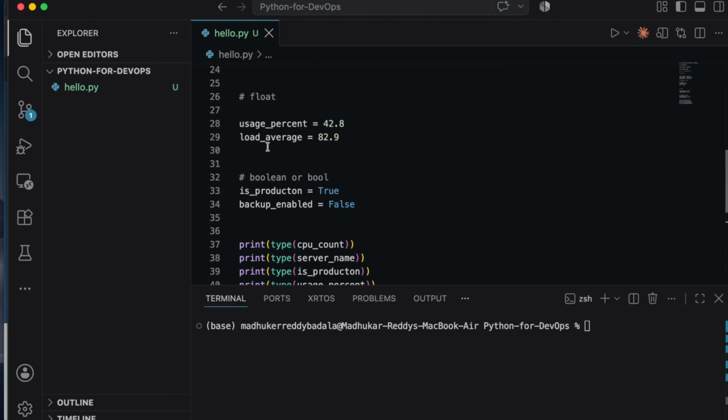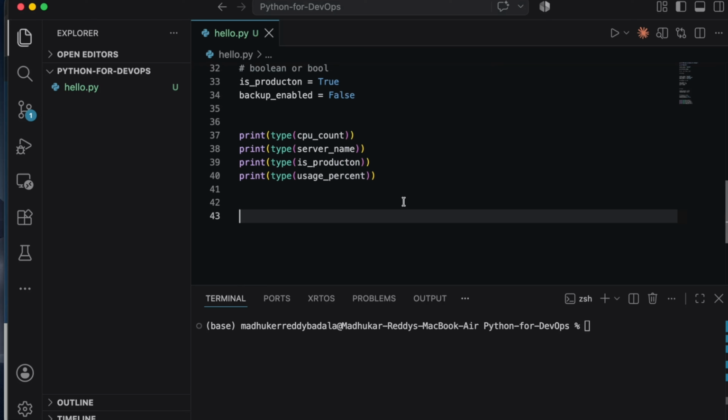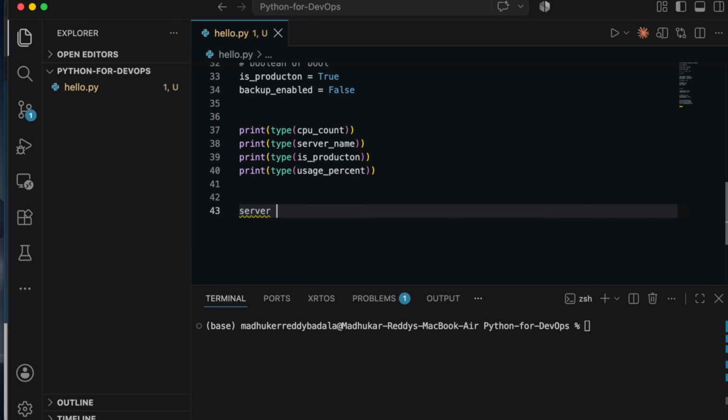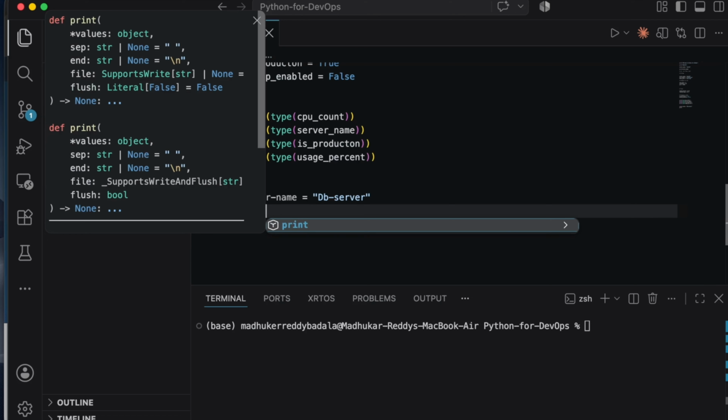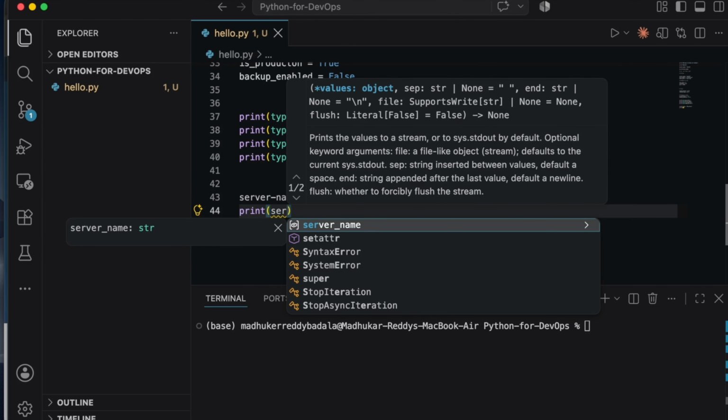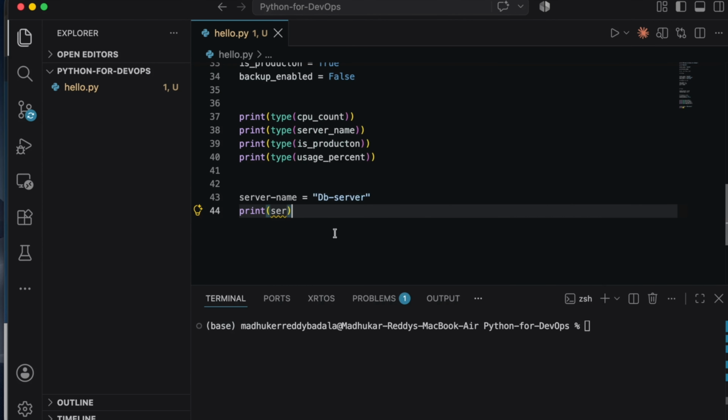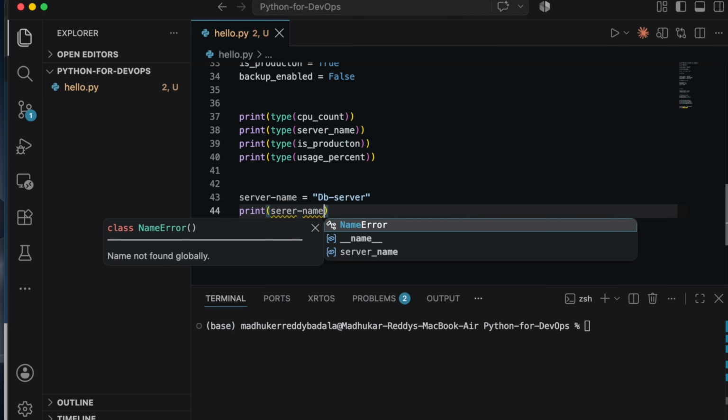While creating these variables, we should be careful. Let's say you want to create a variable server name. It doesn't allow spaces, and if you want to put a dash, it doesn't allow that either. Let's say you have db server, if I put this value, it's gonna work, but if I put a dash and try to print it, server hyphen name,